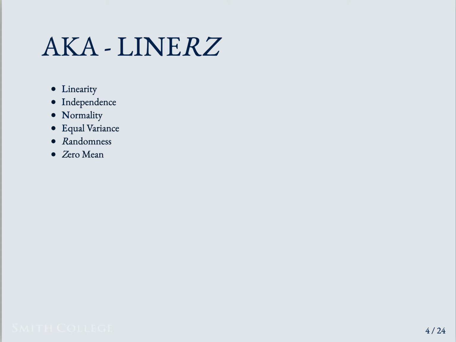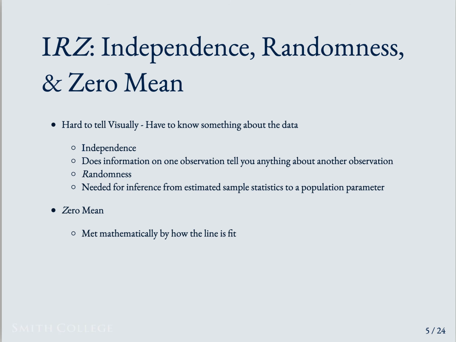You could use the mnemonic of LINE: linearity, independence, normality, and equivariance, and then I've added the randomness and zero mean at the end for LINE-ers, in case that is helpful for remembering which are the regression assumptions that we need to consider. So to work through each of those,